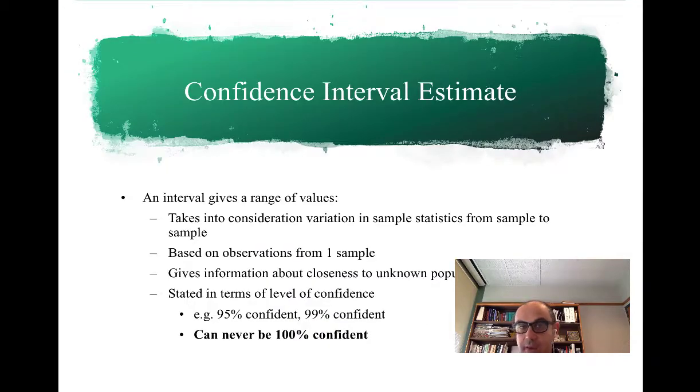For the confidence interval estimate, we take into consideration that sample statistics vary from sample to sample. It is based on one sample, giving information about the closeness to the unknown population parameter, and it is stated in terms of level of confidence: 95% confidence, 99% confidence, but we can never say we are 100%